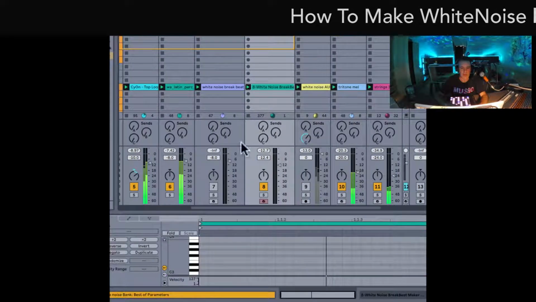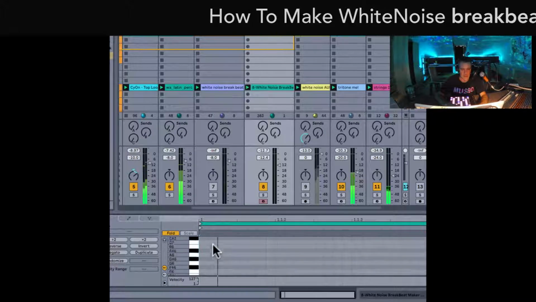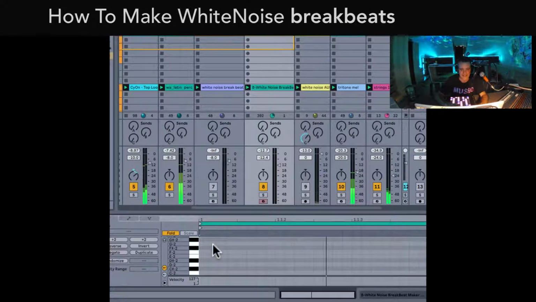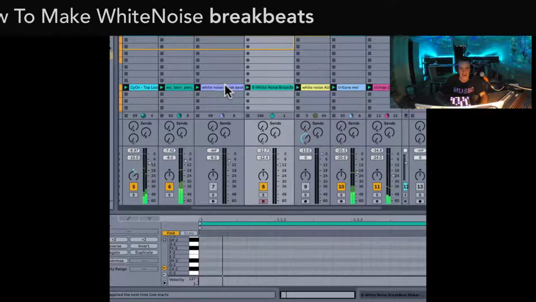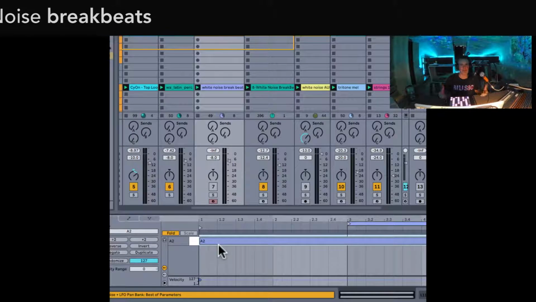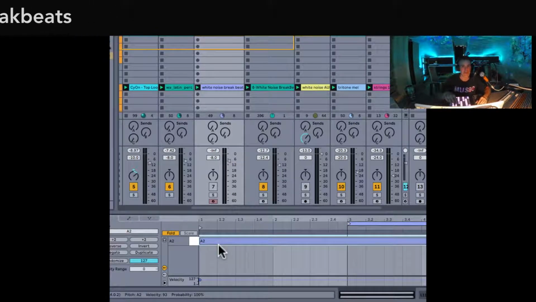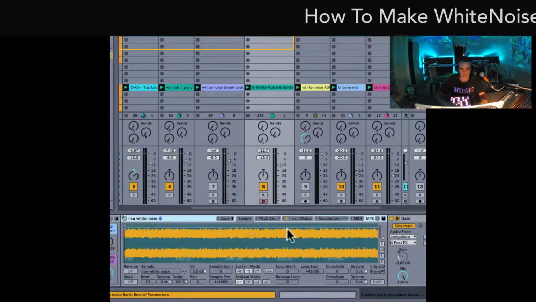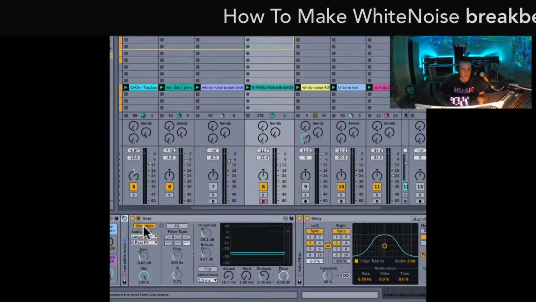So here we are on the WhiteNoise breakbeat, and it's just a drone note, like literally somewhere. Or on the other channel. And you know, imagine if you're doing it with an actual keyboard, you hold down your finger on the keyboard to play the WhiteNoise, and then when you assign the other input sound, that does all the chopping and stuff. So after you've got your instrument on your track, the next step is to go to the gate section